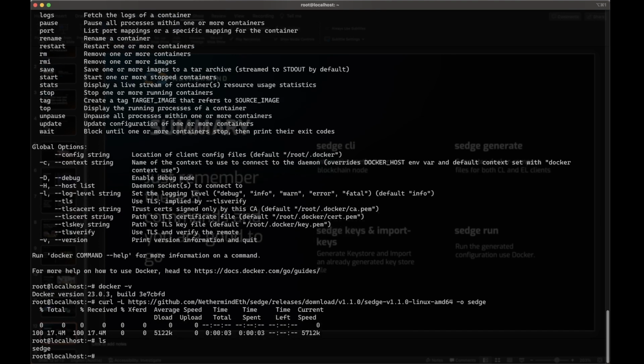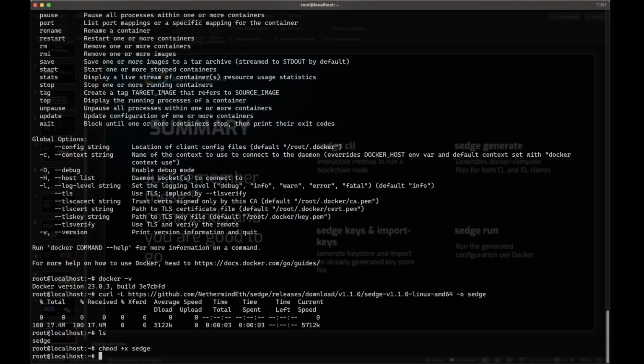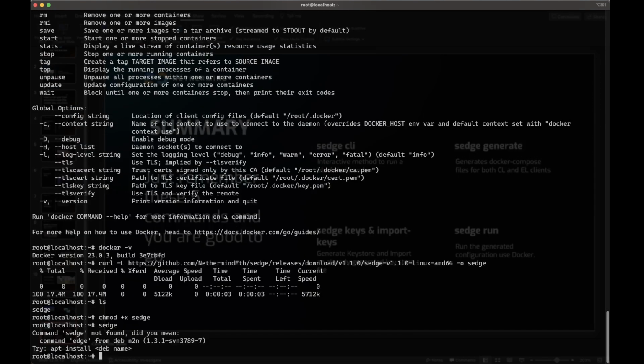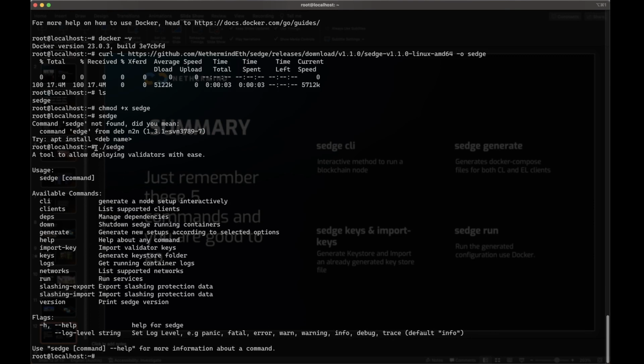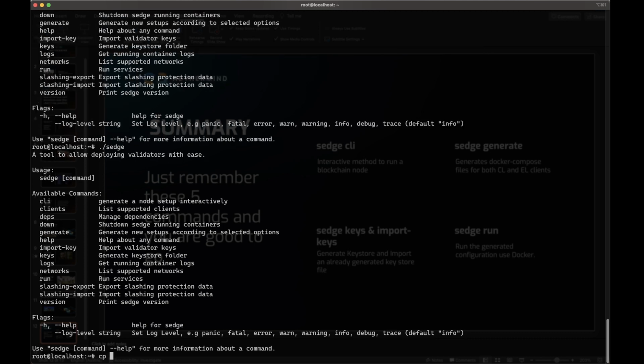If I do ls, you can see that there is a sedge file. I will make sure that this file is executable right now, and once that is done, I can run ./sedge, and you can see that it is working. Now, you can always run it directly using the file name, but an easy way to make sure that this executable is accessible to you everywhere,